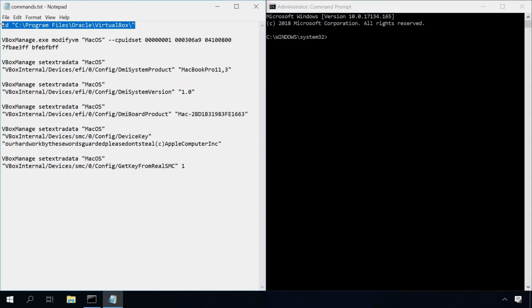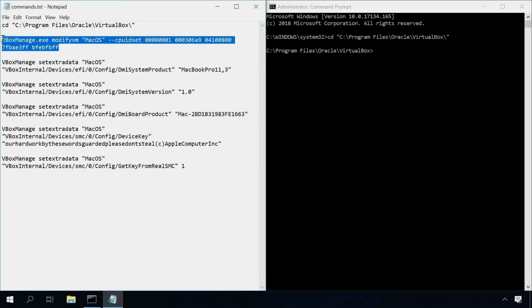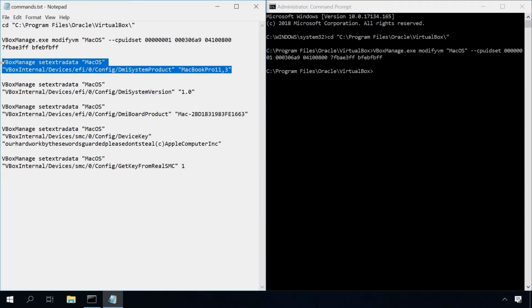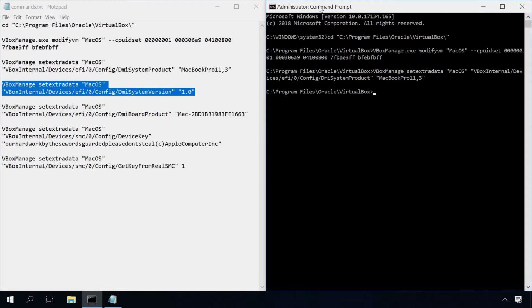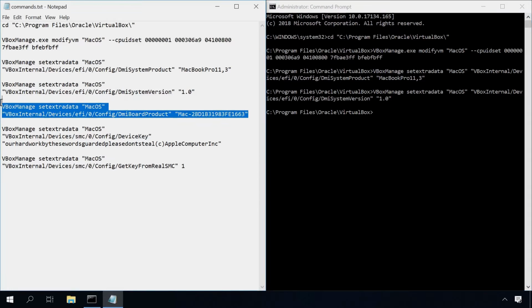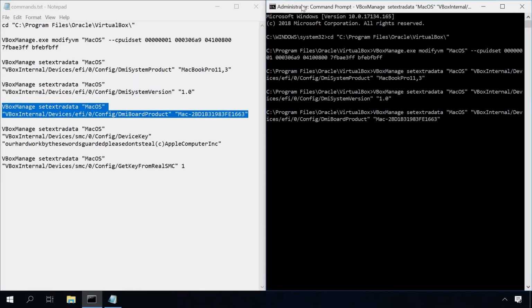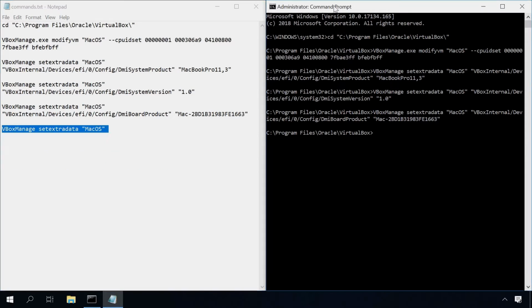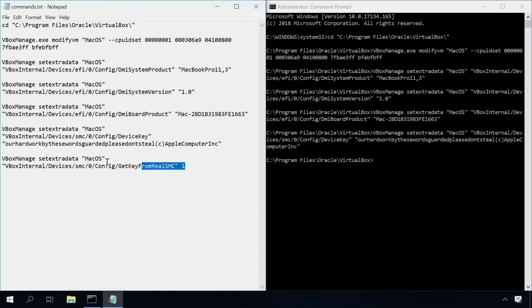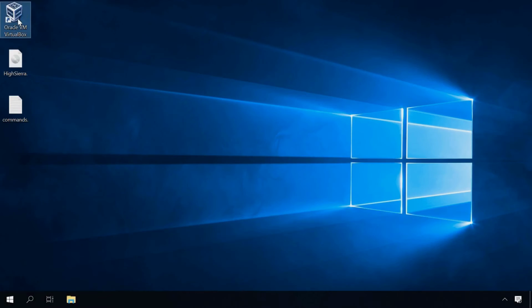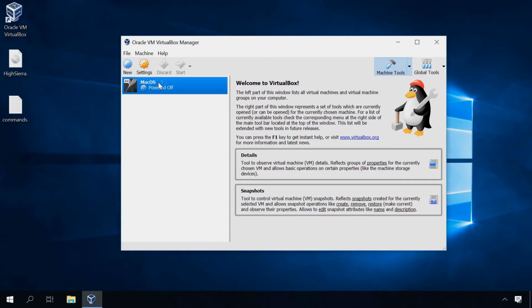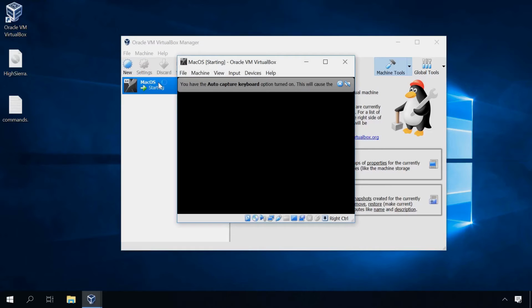Now go to Oracle VirtualBox folder, cd, type in